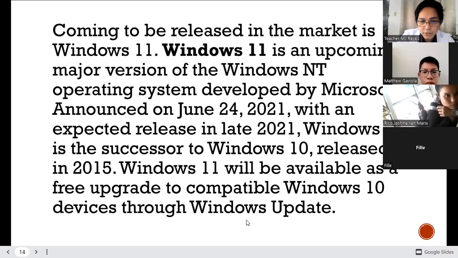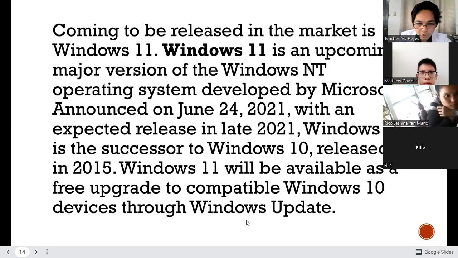Windows 11 is great. I am actually using Windows 11 right now. It has fewer bugs, but you need to have the correct peripherals. You know what I mean? The RAM, the processor. You need a minimum of 8 gig RAM for your Windows 11. Below 8 gig memory, you might be in trouble because Windows 11 will consume a lot of your memory.